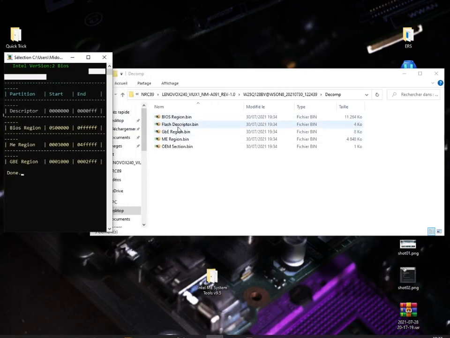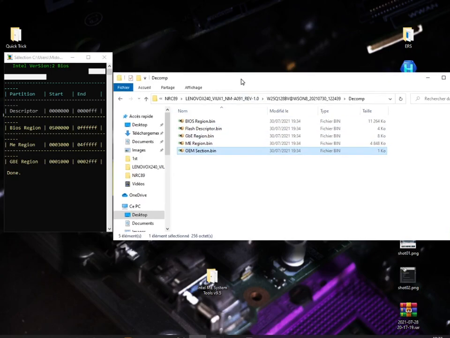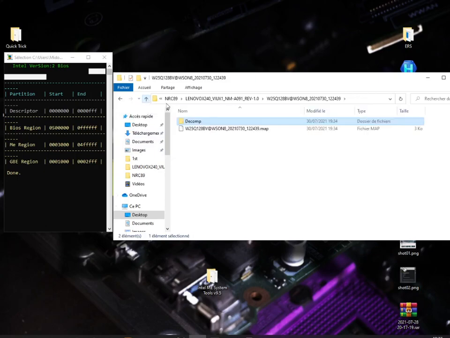The descriptor, the BIOS image, the region, the GBE, and this one, let's just forget about it. It's not very important right now. Okay, for these partitions you have already seen them previously. So now what I'm interested in is this file, this